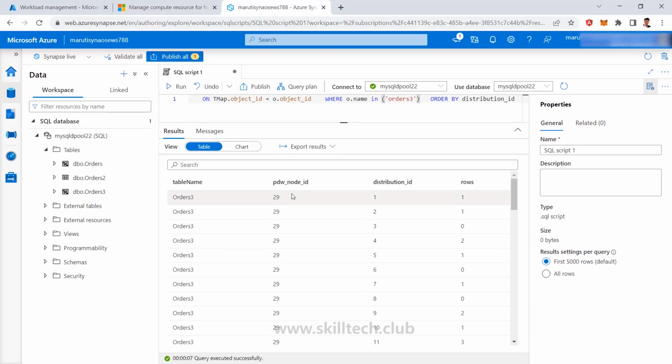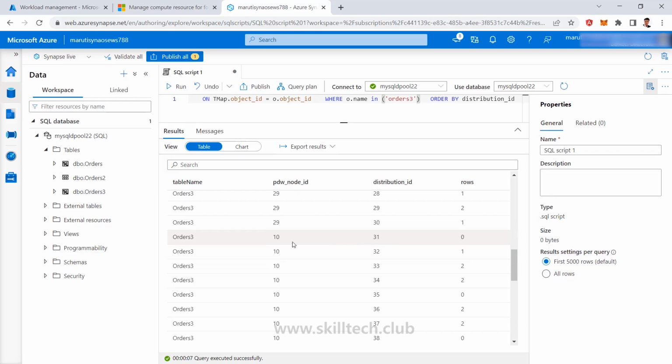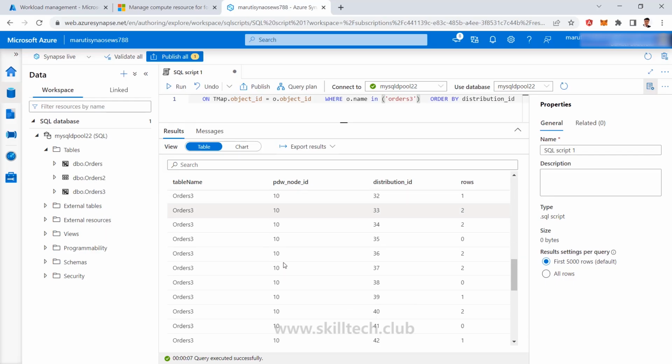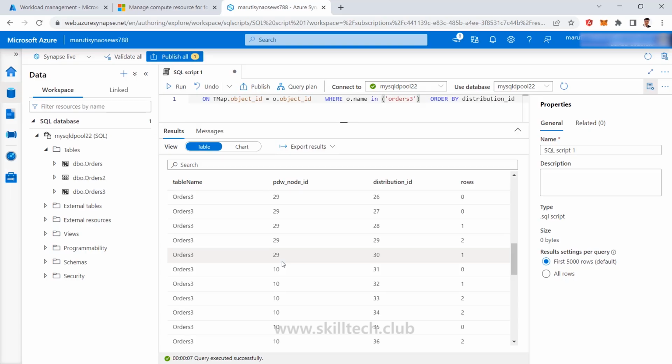In the node ID, they are showing me that 2 different nodes are performing this operation this time. Node ID is 29 for the first, I think, 30 records, and from record number 31 onwards, we have another node which is playing an important role. It means we have parallel executions happening in 2 different nodes, which are my compute nodes. Because the work is distributed and execution is happening in parallel, this is going to be much faster than